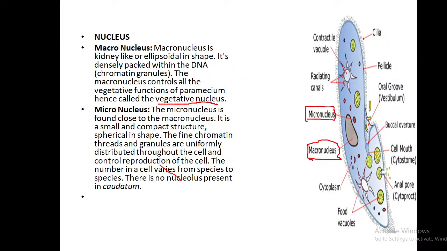The micronucleus is found very close to the macronucleus. You can see in this picture too. Micronucleus is very small when compared to the macronucleus, and it is spherical in shape. The fine chromatin threads, chromatin threads meaning chromosomes, and granules are uniformly distributed throughout, and the micronucleus controls the reproduction of the cell. The reproduction of the cell is controlled by the